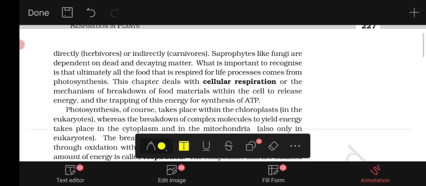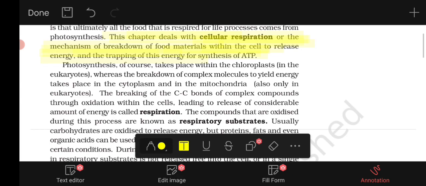This chapter deals with cellular respiration, or the mechanism of breakdown of food. What is respiration? It is the breakdown of food materials within the cell to release the energy that is trapped in the form of ATP, the bonds in the ATP. Photosynthesis, of course, takes place within the chloroplast in eukaryotes, whereas the breakdown of complex molecules to yield energy takes place in the cytoplasm